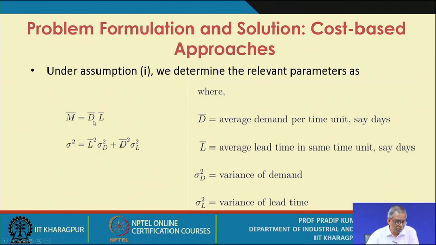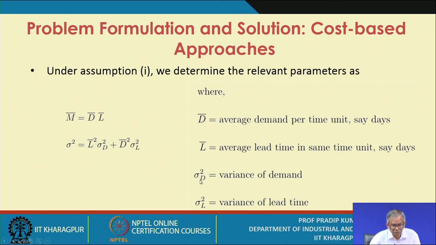Obviously m bar is d bar into L bar. What is d bar? That is the average demand per time unit, say one day, and L bar is the average lead time in the same time units, say days. And sigma square is the variance of demand during lead time, which is L bar square into sigma d square,